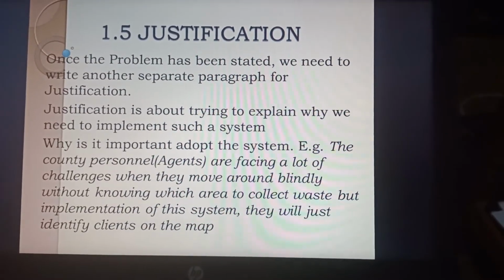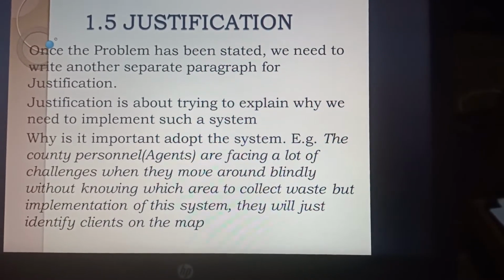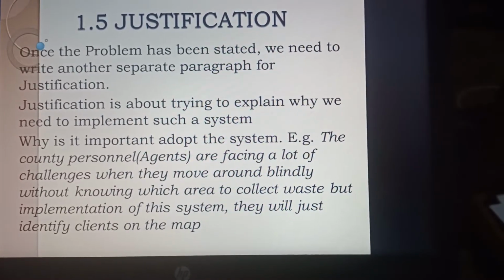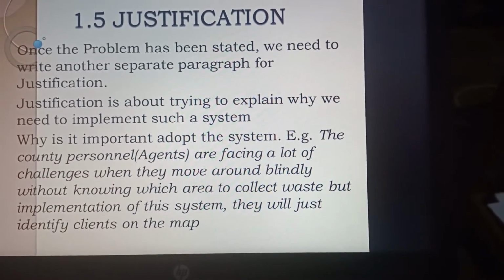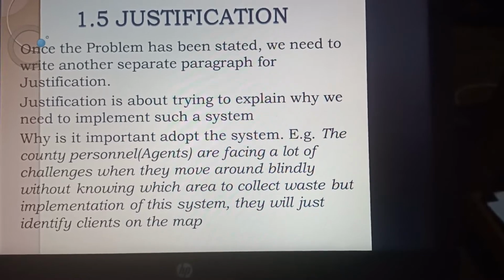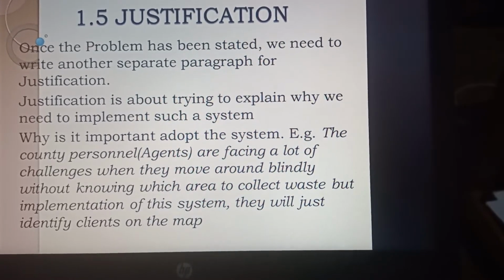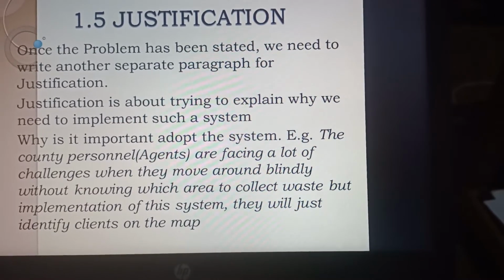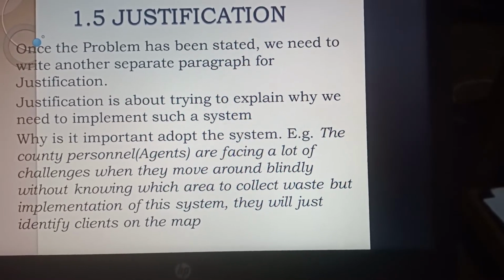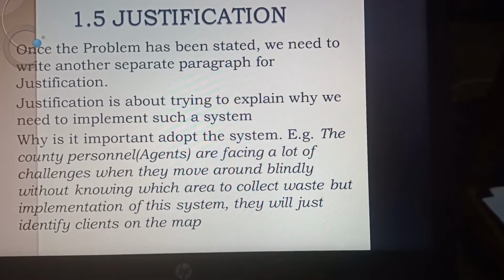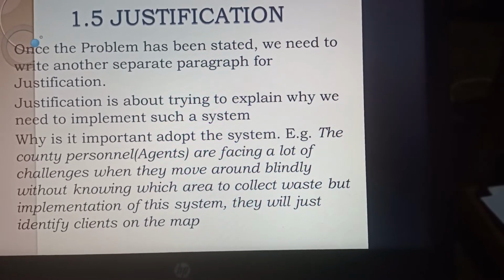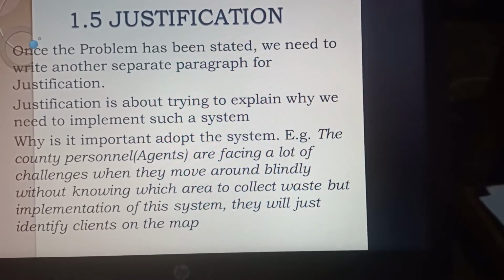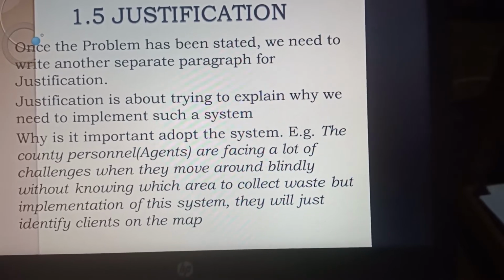1.5 Justification. Once the problem has been stated, we need to write another paragraph for justification. This is about trying to explain why we need to implement such a system. Why is it important to adopt your system? For example,